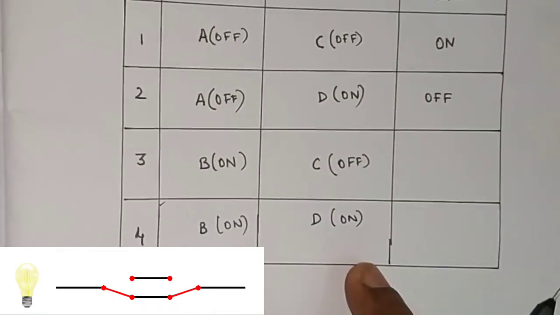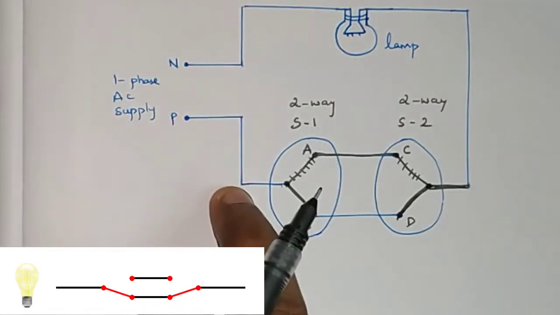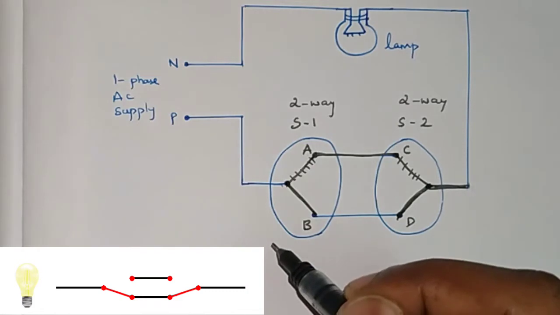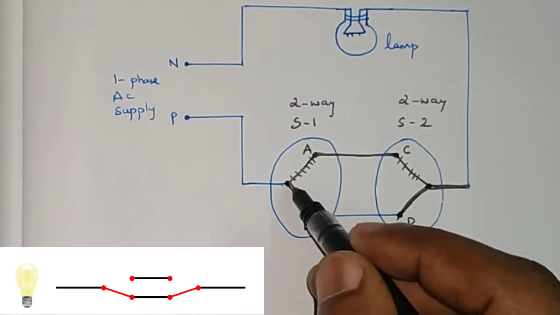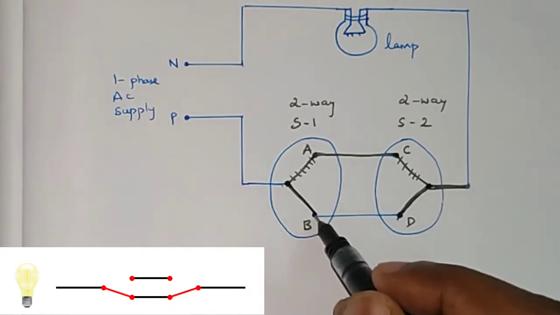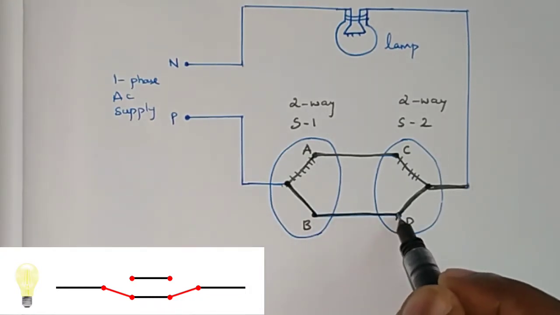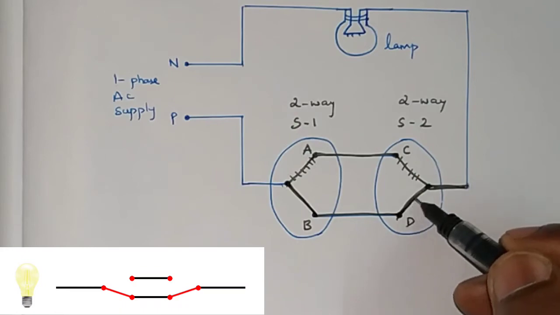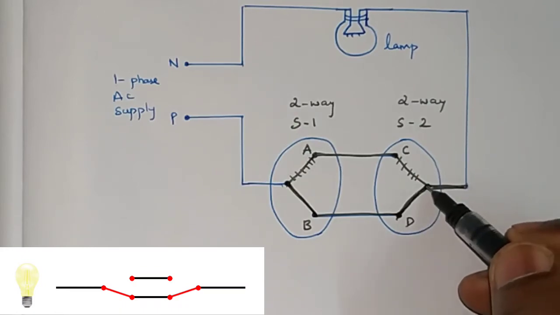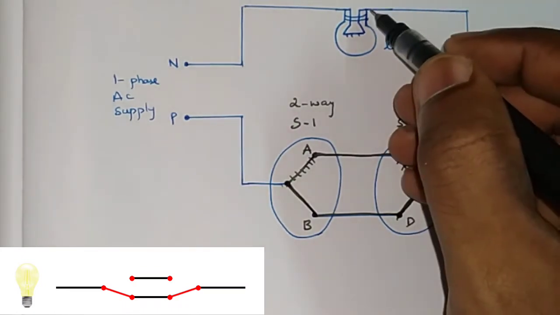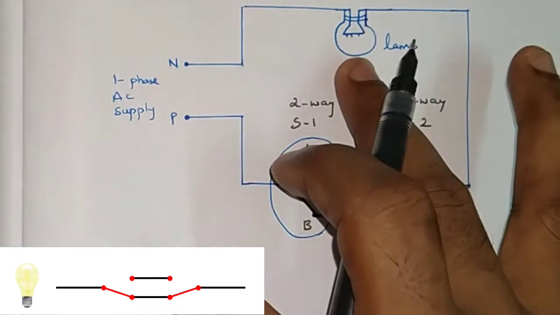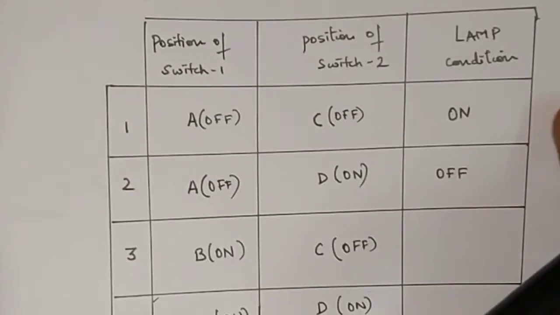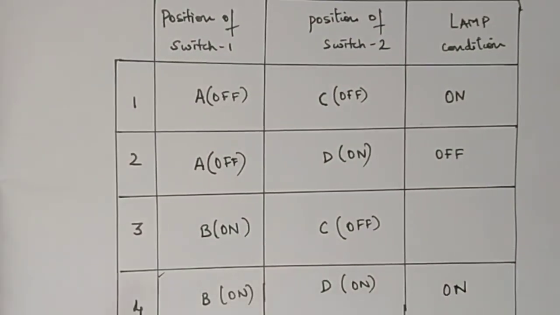case number 4. Now what happens, once again the phase, the current will start to flow, it will reach till here to the middle terminal of your switch. From here, wherever there is a path, the current will flow, so the path is connected to B, so current will flow from here to here, then the other path is here till D it will flow, then from here to here there is a path, so it will reach the middle terminal of the second switch. From here it will reach the lamp, and from the lamp it is already connected to neutral, so now the circuit is a closed circuit, so therefore the lamp will glow and the condition of the lamp will be on for the fourth case.